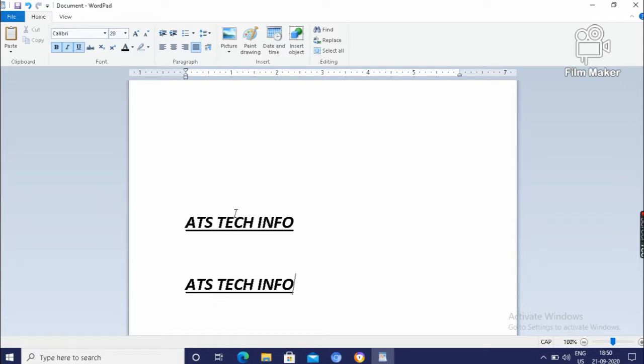This is the copy paste. And what is the shortcut for cut? The shortcut for cut is Ctrl X, the shortcut for copy is Ctrl plus C, and the shortcut for paste is Ctrl plus V. We have to remember it.